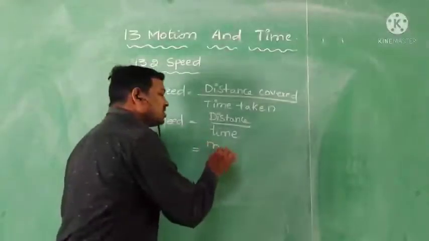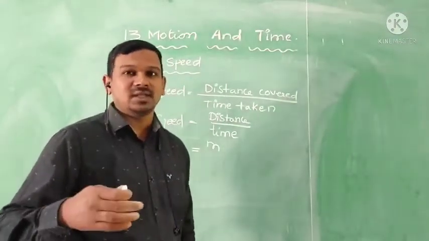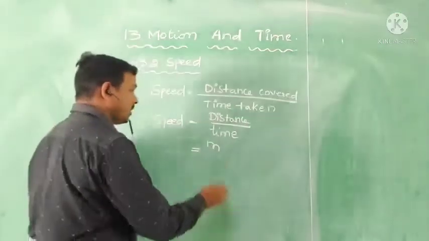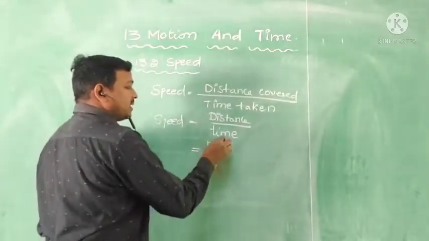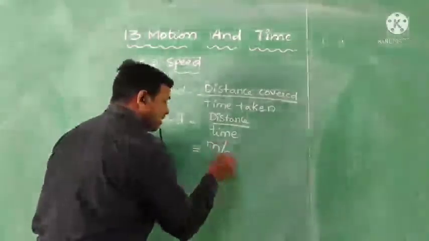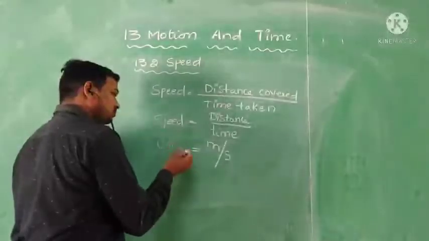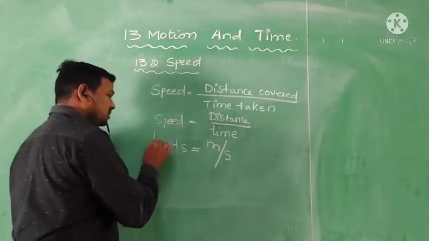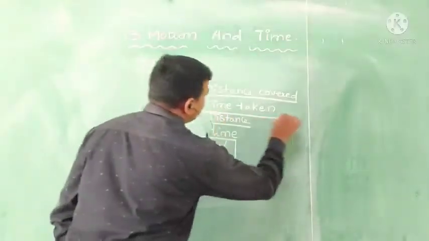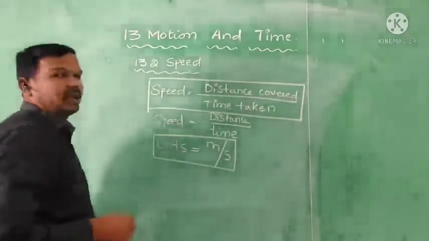So now I am giving initially the units of the speed also. Later in this chapter we are going to discuss types of units also. Meter, and by time we have the unit second, which I am denoting with S. So what are the units? Meters per second. What is the speed definition? Distance covered by the time taken.